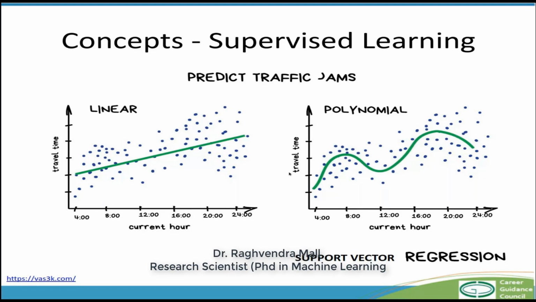When you try to fit this particular line, or estimate this polynomial, this is a regression problem, because when a new sample comes in, you can predict that at this particular hour, this much would be the travel time. You're predicting a value, not necessarily differentiating one thing from the other. So when you try to predict a numeric value, this problem is on the regression side of supervised learning.